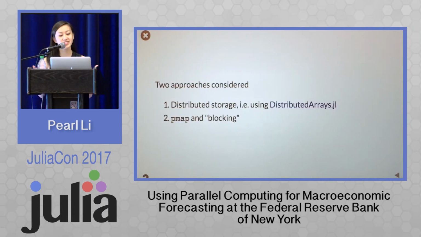So how did we do this exactly? We considered 2 approaches. The first one was using distributed storage through the DistributedArrays package, which is part of Julia Parallel. And the other one is what we call a combination of pmap and blocking. I'll talk about why we went with the first one and why it ended up not being the best